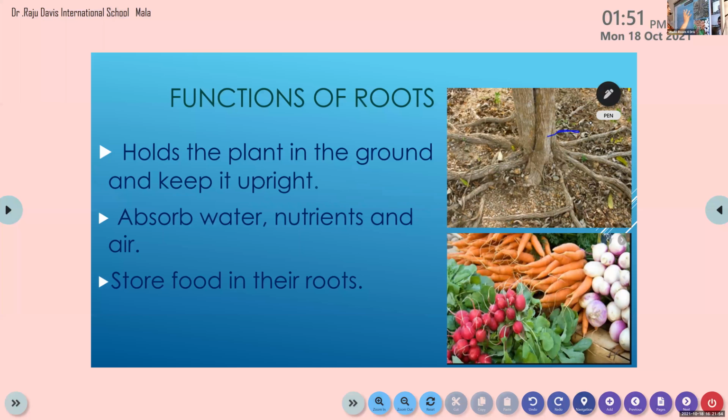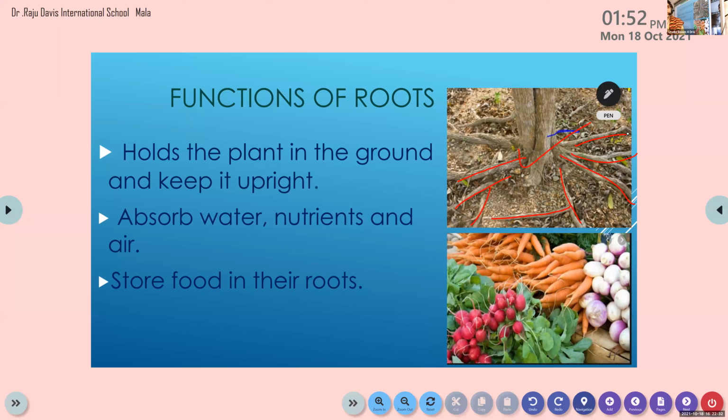It holds on to the ground with the help of roots. Can you see the roots at the base? They spread all over that area, and the roots hold the tree on its ground, isn't it? Yes. Roots hold the plant in the ground and keep it upright. That is the main function, the duty of roots. If roots are not there, these plants can't stay erect.